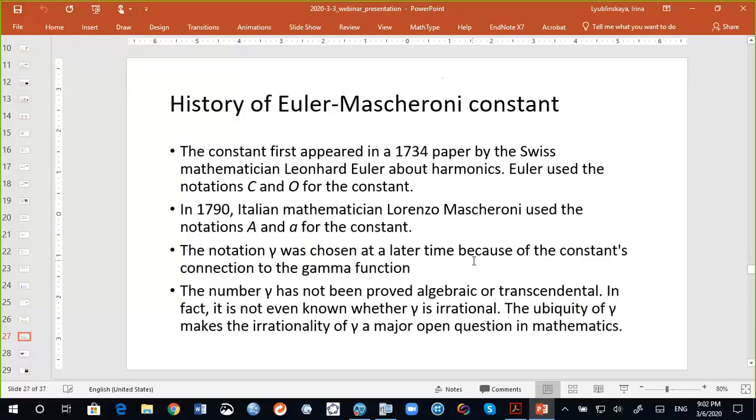But what's interesting about this number is that as of today, we don't know what kind of number it is. We haven't proved whether it is algebraic or transcendental or irrational. So mathematicians today are working on trying to prove the type of number gamma is, and it still remains a major open question in mathematics. Why am I talking about this? Because this is a very unique and very rare situation where our students can do something in class that makes a connection to the real world, the real mathematics, the real problems that mathematicians are working with.